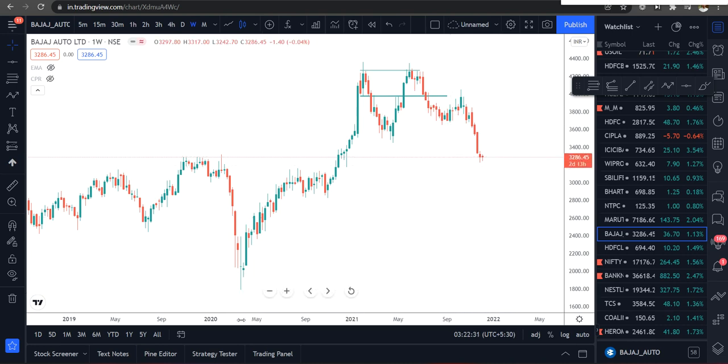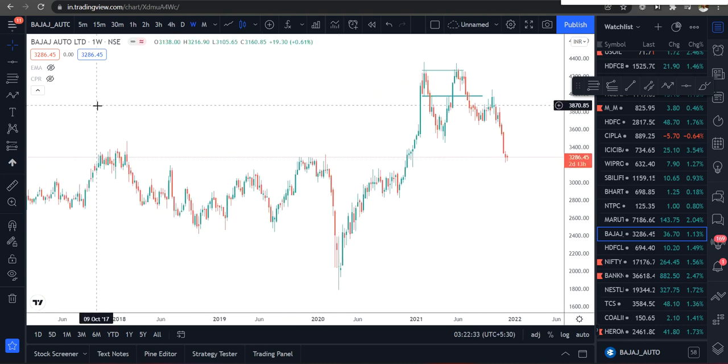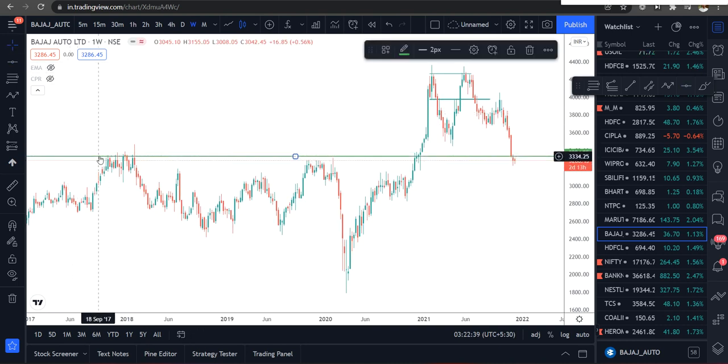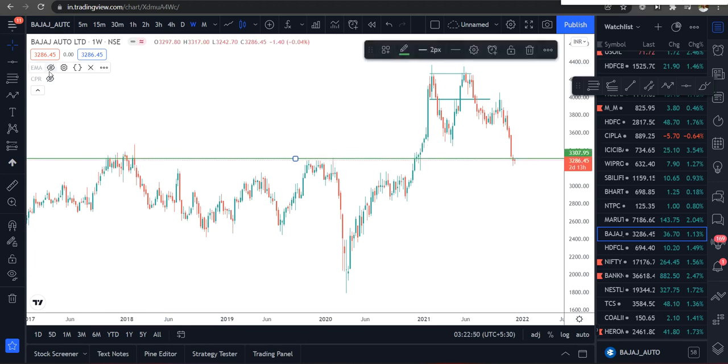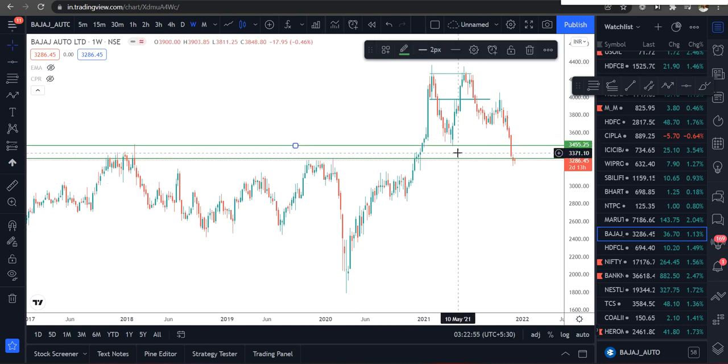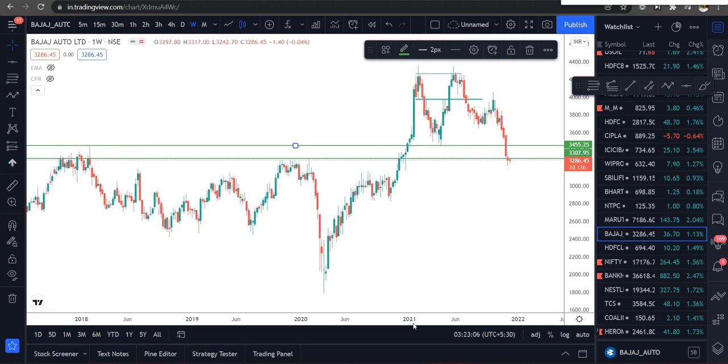If you even see this, I just picked it randomly. Bajaj Auto. So this is actually a good level. See, this is this complete level. So if you see from 32922, this level is good. So this is one resistance, and this is one more resistance. This actually turned into support here, and it again breached here. It didn't respect this level. So this is how the market is. It doesn't mean that everything works always. There are cases where it may not work, so we need to prepare for those as well.